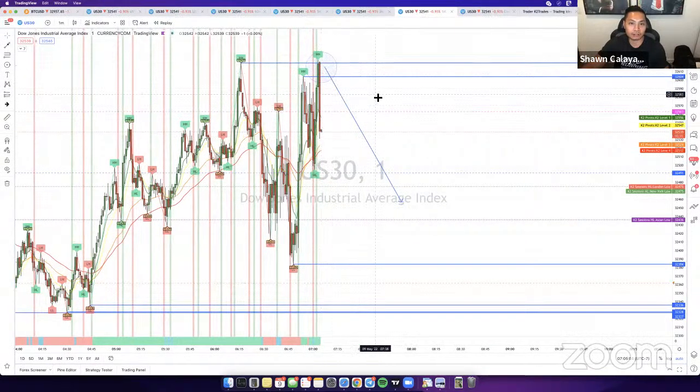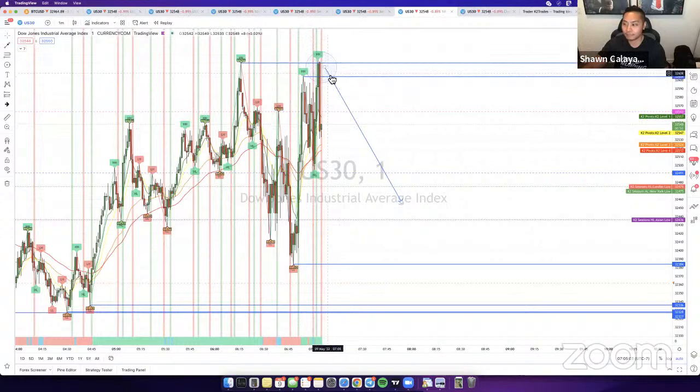I didn't just draw that, right? I already knew this was going to happen. So everything that I told you guys was going to happen, happened, right? Price came up here, rejected directly off the last area of liquidity, and it came right back down. So if you were chasing the buy right here, if you're one of the suckers who chases the buy here, you'd be in some massive drawdown right now.